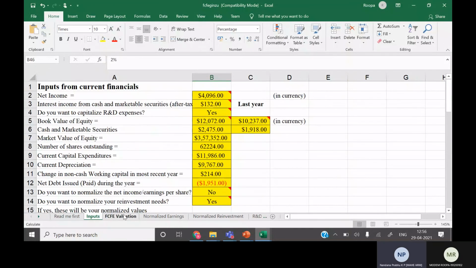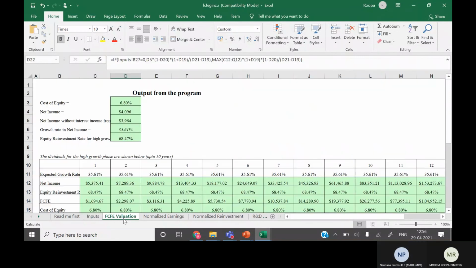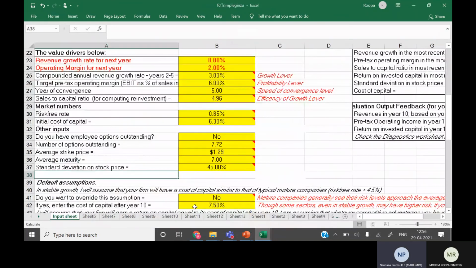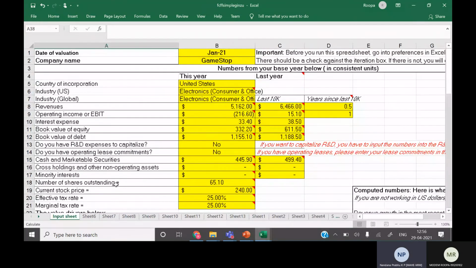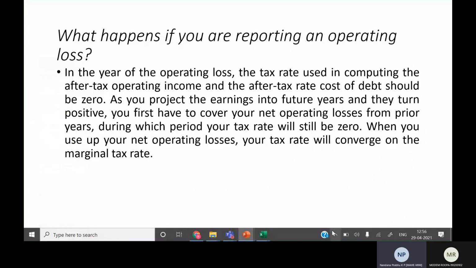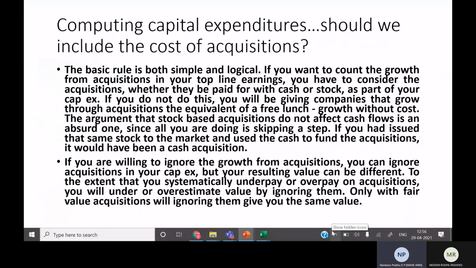Okay, I do not find it here. It was there in one of the Excel templates. Okay, that's fine. I will go back to the slide. I do not remember in which Excel template it is, but in any case,